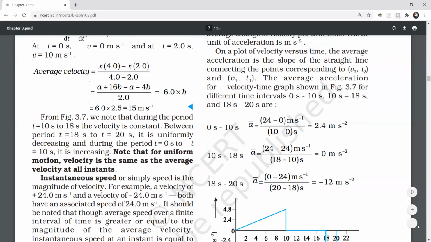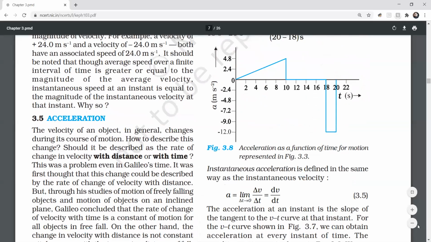See, velocity will not go into negative. Velocity will only go up to 0, but acceleration, the incremental value in velocity, will come to a stop at one time, and then it will start de-acceleration because the vehicle or the object needs to stop there. So here you see that there is a de-acceleration because the vehicle has to stop, and in that case the de-acceleration that you can see is at the speed of 12 meter per second. So it's actually de-accelerating. Minus 12 meter per second means it is de-accelerating.